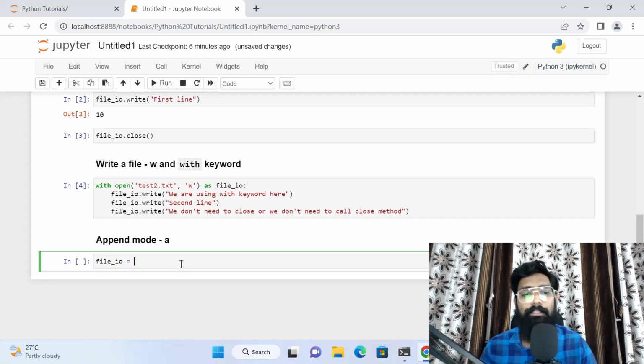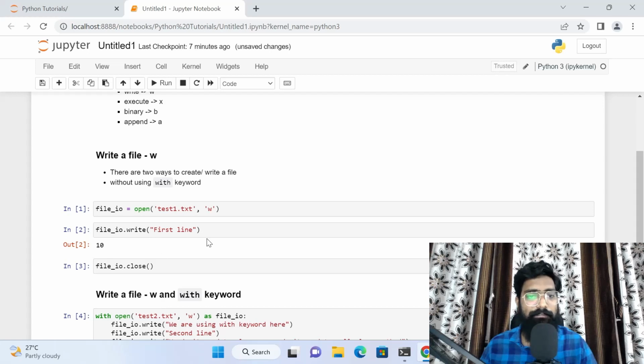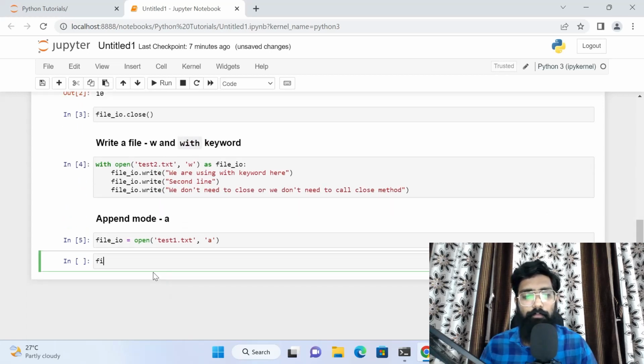File IO, let's take a first example again. File IO open test1.txt, A mode. This time we are using A mode. So what it is going to do is keep the content. Previously, what content we had was the first line. So what we can do is file io dot write